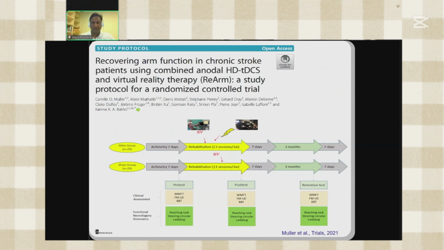So one of the big studies we've been doing here in Montpellier is this REARM project, which we just finished the last patient a few months ago. So we had about 60 patients. One group received tDCS, another group just did the VR sessions over